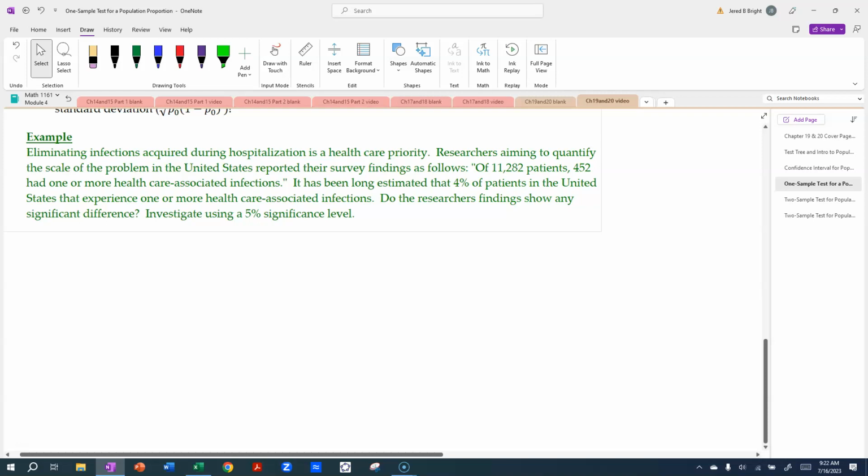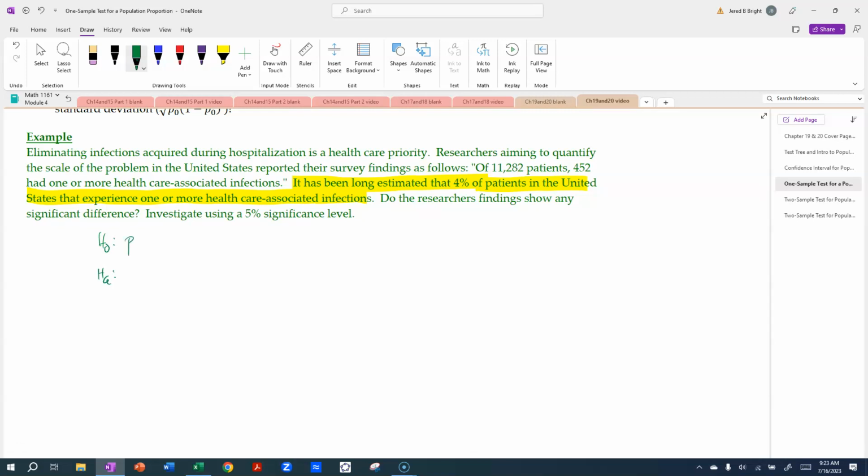And here's an example. Okay, same context as we saw in the case of the confidence interval. Now the only piece that is new to us is that it has long been estimated that 4% of the population of patients in the U.S. experience one or more health care associated infections, and so we want to investigate this. Okay, so when we investigate it, we're looking for our null and our alternative, right? And so we're saying P,